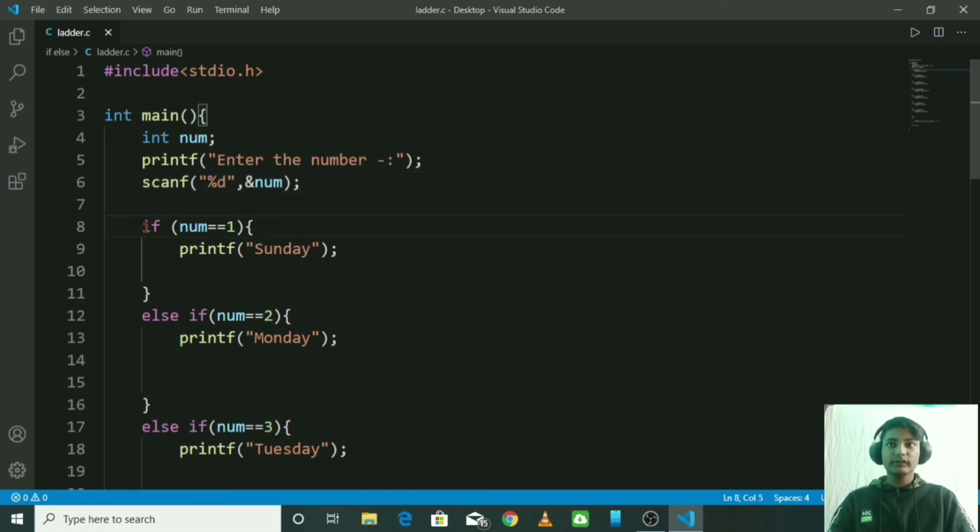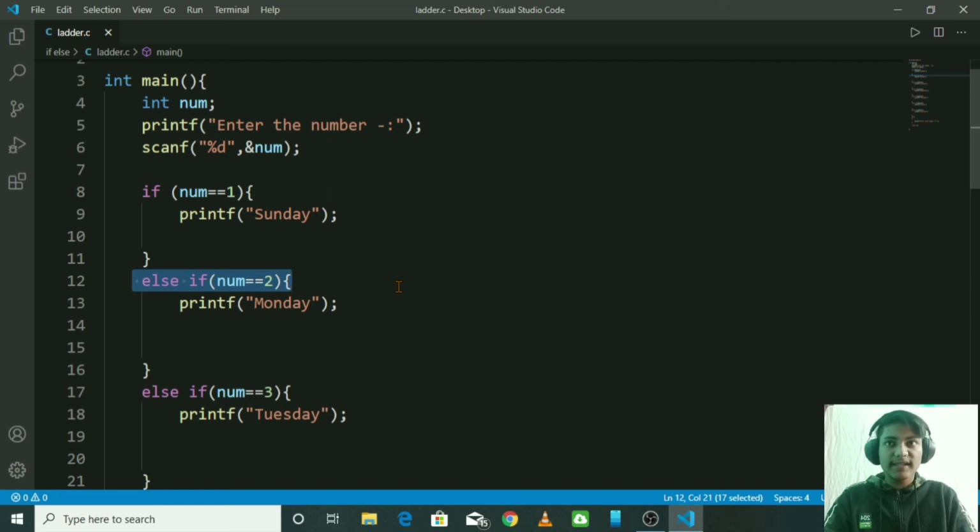Now the if statement. When the compiler sees the if, it will come here and check whether the condition is true. If true, then it will process the command inside the if, and if not, it will check whether there is another else if.